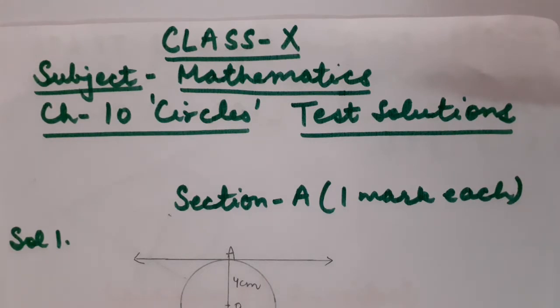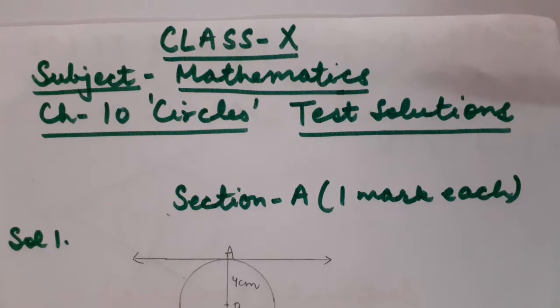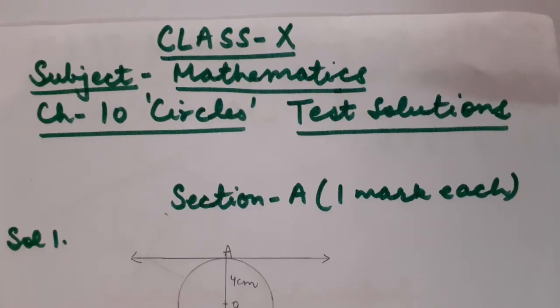You know very well that the complete question paper was divided into 4 sections: Section A, B, C and D. Section A consists of 10 questions, 1 mark each. Fine, children? And they were all MCQs. Now I am going to discuss each and every step of MCQ, short answer type questions as well as long answer type questions. Correct, children?